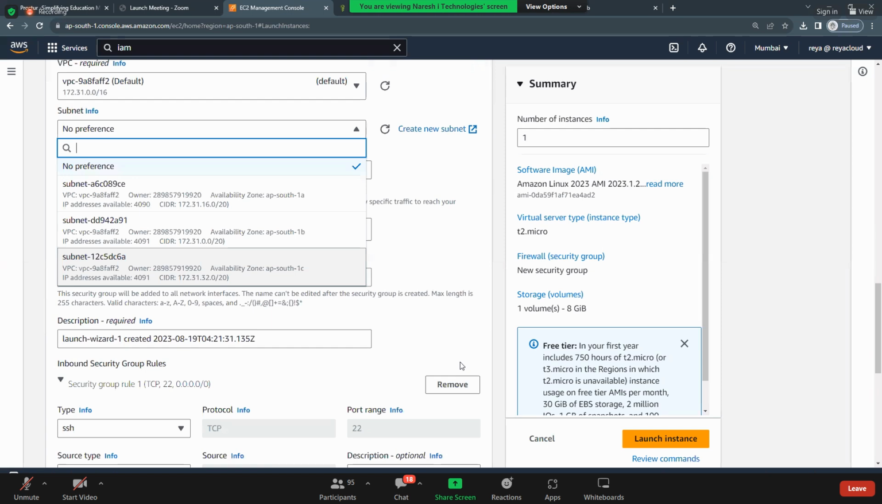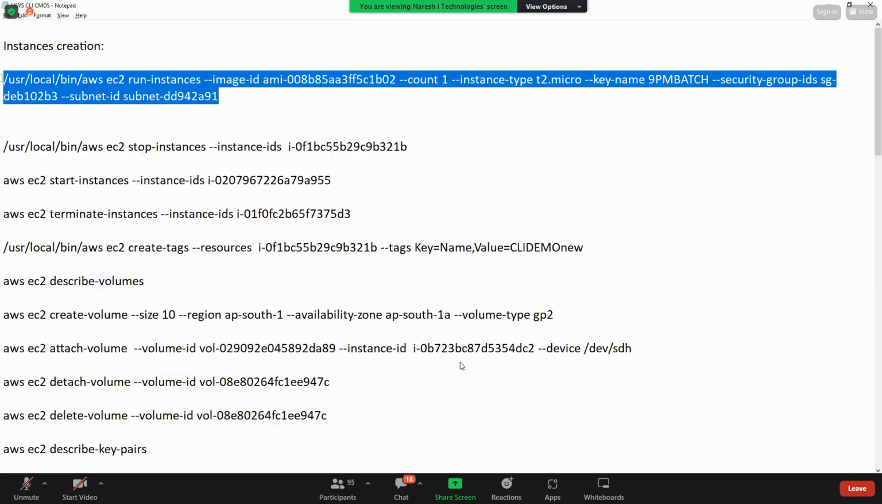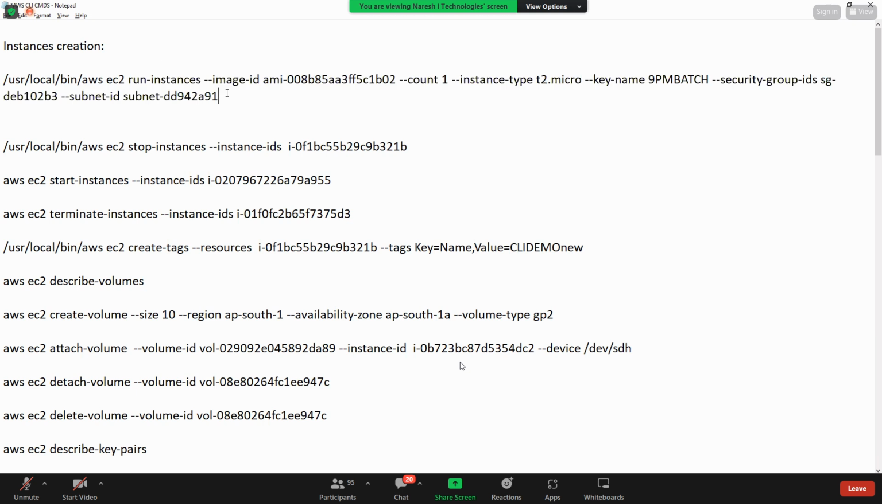Am I giving any other parameters here? Because the rest are all optional. Yes or no? The rest are all optional. If at all you want, you can give them. Let's say, can you give the volume details also? Yes. And if you ask me a question, sir, how do we remember all these things? You do not need to remember. The only thing you should remember as part of certification is run-instances. The rest, in real time, we will go for